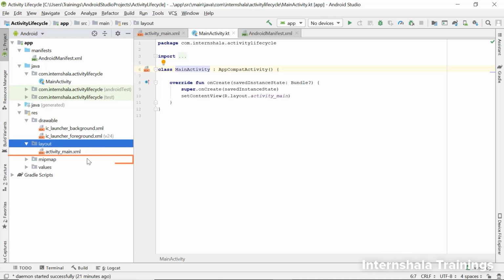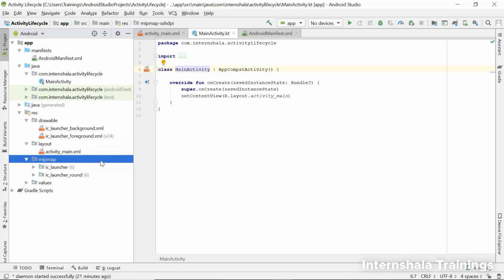Next, we have this mipmap directory inside the resources folder. This directory will contain the app launcher icon, that is, the icon that will be displayed to the users when the app opens. Right now, this directory has default icons. And last, we have the values directory here.